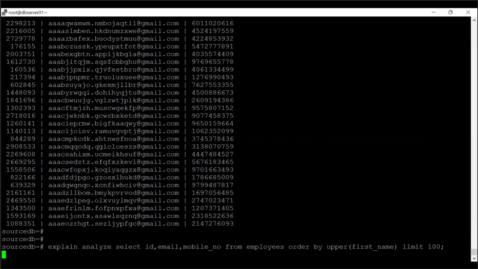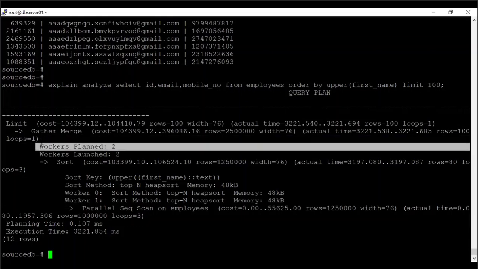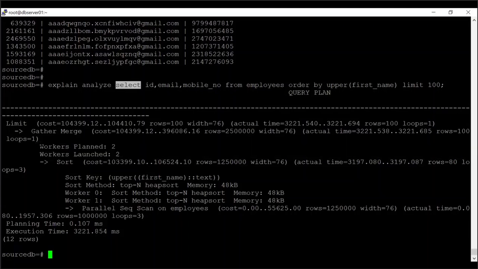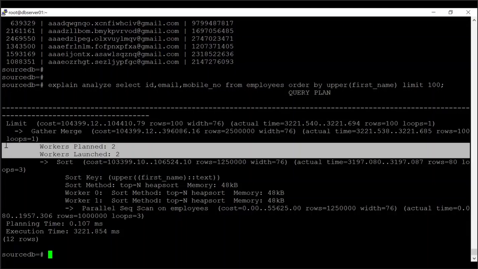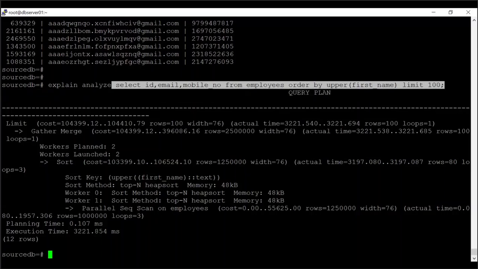So we'll see how the execution plan looks for this particular query. If you see here, workers planned: by default, the optimizer allocated 2 worker processes for this query. These worker processes are allocated by the optimizer based on the complexity of your query. And if you see here, sort method, this is important. Sort method: memory. So the data you are trying to fetch is able to fit in the work memory. The work memory size is